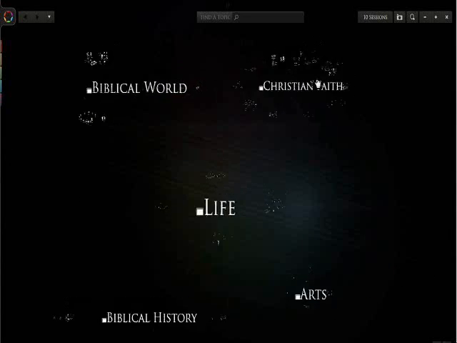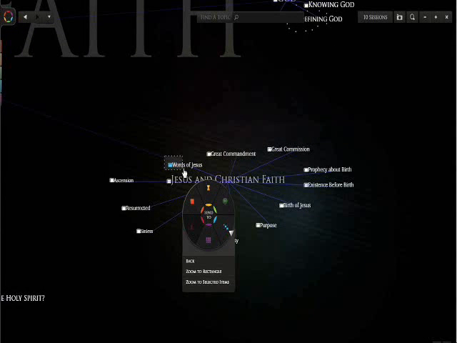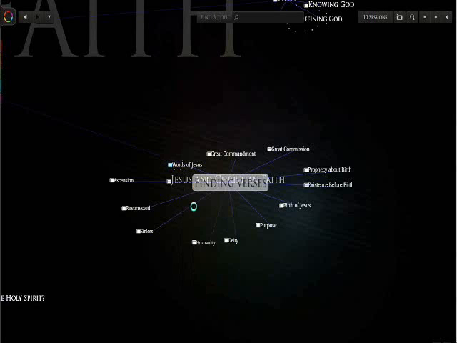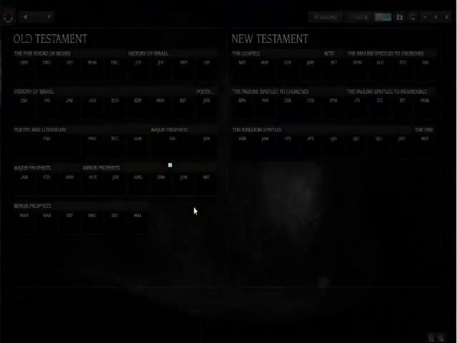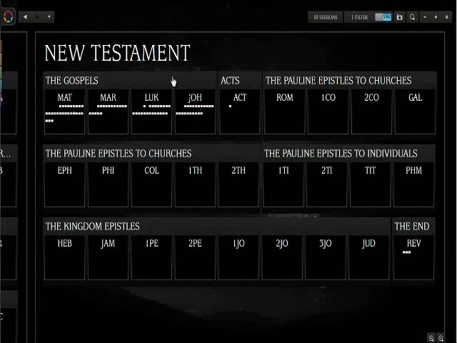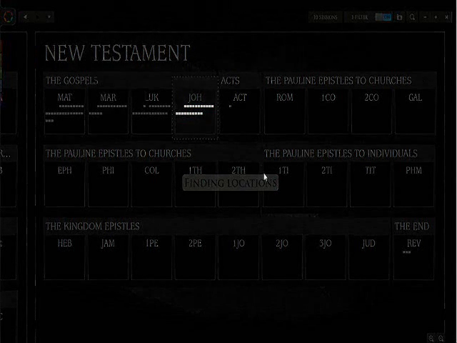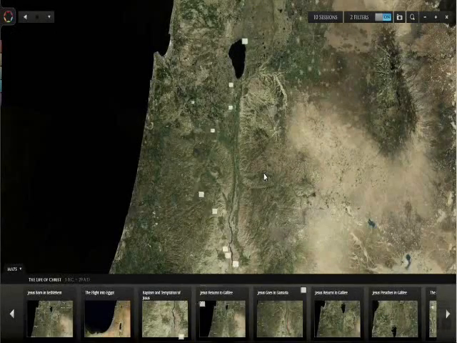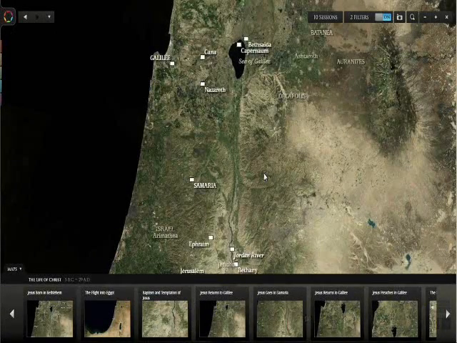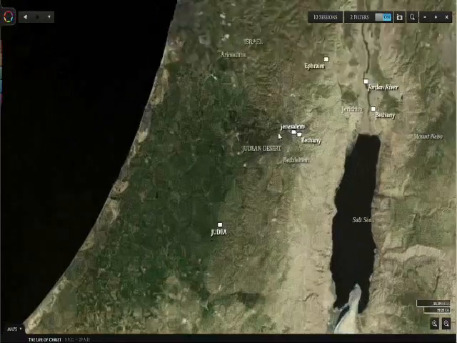Start with the topical lens, and the only thing that you need to select under Jesus in the topical Bible is the words of Jesus. You can send it to the biblical lens to see all the words of Jesus in the Bible. So now all the words of Jesus are displayed in the Bible, and you see them in the book of Revelation, Acts, and the Gospels. But what you're interested in is just John. So I'm selecting just John, and now I'm going to select just what was spoken in Jerusalem. I send it to the Atlas lens, and now I see just the words of Jesus from the book of John reorganized as how they relate to the geography of the Holy Land. Here is Jerusalem. So I can very easily zoom in just a little bit so I can select just Jerusalem.